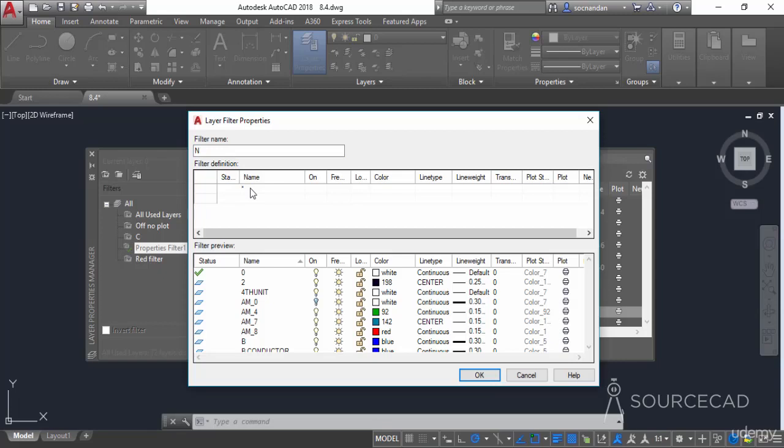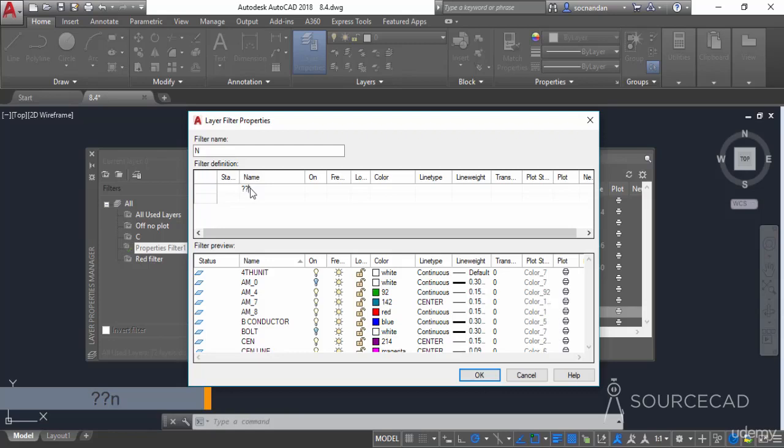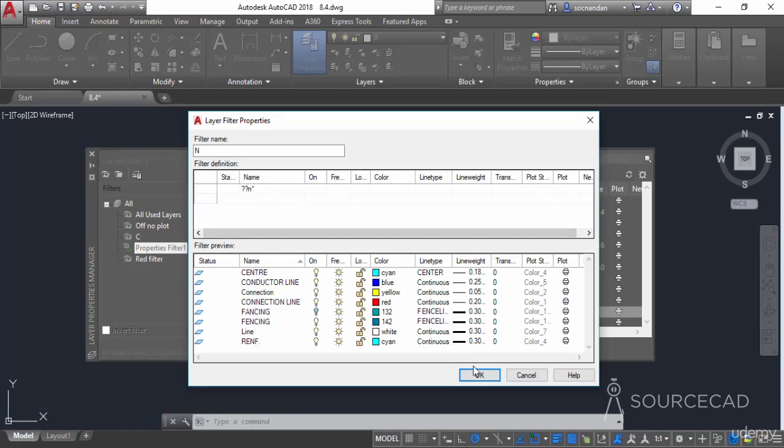So we want third place to be occupied with N, and all the remaining spaces can be occupied by any other letter. So for that, I'll select this question mark. So that will indicate that the first letter could be anything, the second letter could be anything, but the third letter should be N. And now the star or this asterisk mark after N indicates that rest of the letters could be anything. So in this case, you can simply see that the third letter is N in all of these layers, and we have our new layer